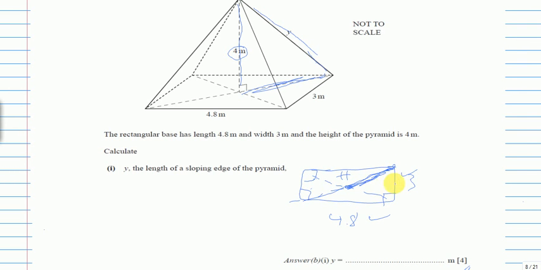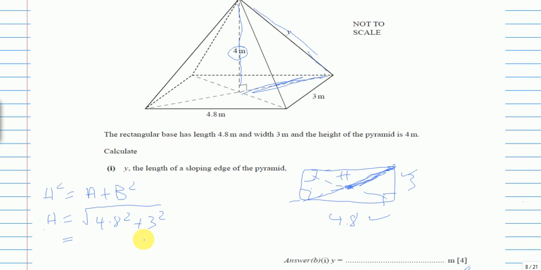So this is what we are going to do. The formula is the hypotenuse squared equals the other 2 sides squared, and it goes to the other side and becomes a square root. I will take 4.8 squared plus 3 squared,